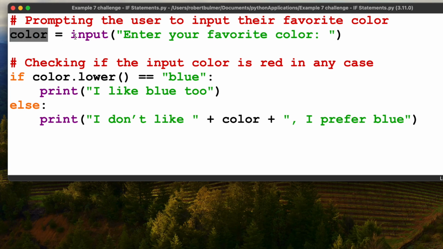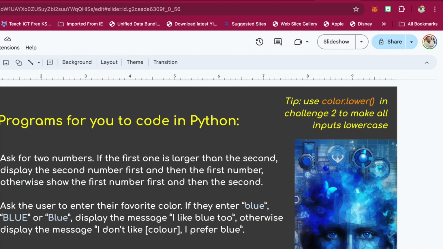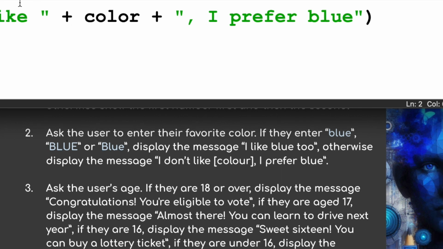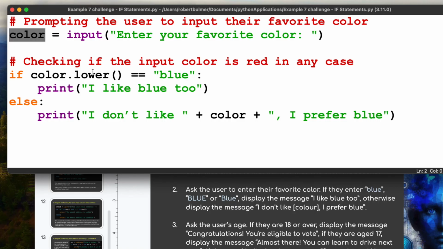For the second challenge relating to favorite color, I've created, using the American spelling of color, a variable called color. Then all I want the user to do is input your favorite color. We're going to check, as it said in the example, if they enter blue, capital blue, or first letter capitalized blue, then display the message, I like blue too. Else, I don't like whatever color the person's put in, I prefer blue. But I'm using this here, dot lower. So if the variable, when typed in lowercase, equals blue,